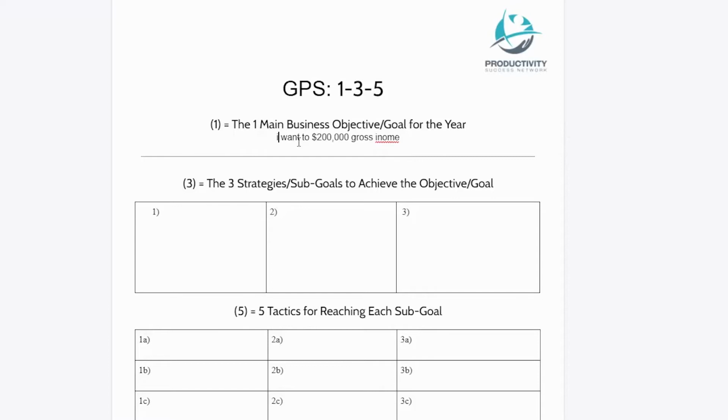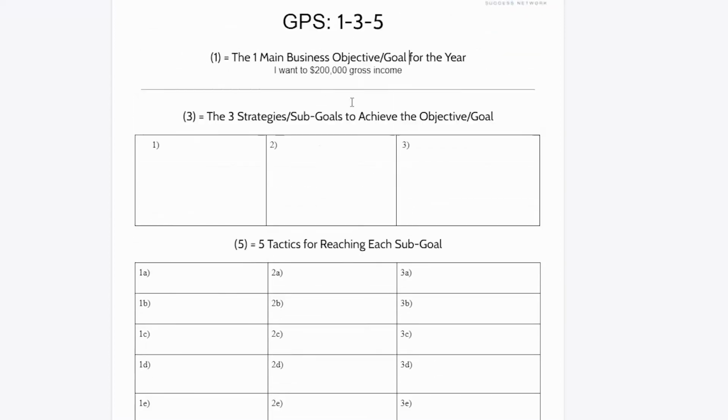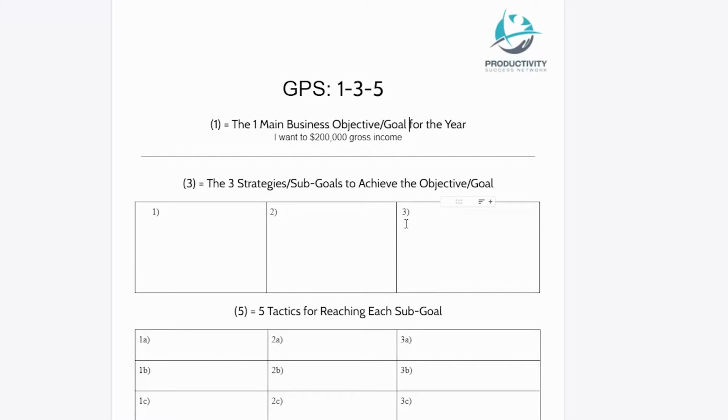What I want to do is break this down and figure out, what does that mean for me? What does that mean for my business? And how I do that is by considering, what are the 3 sub goals I need to achieve in order for this to happen? Now, what that could look like is active lead generation, right? And what I mean by that is, how are you going out and actively engaging with people and adding people that you don't currently know into your database? So this could be things like cold calling, door knocking, right? Networking,